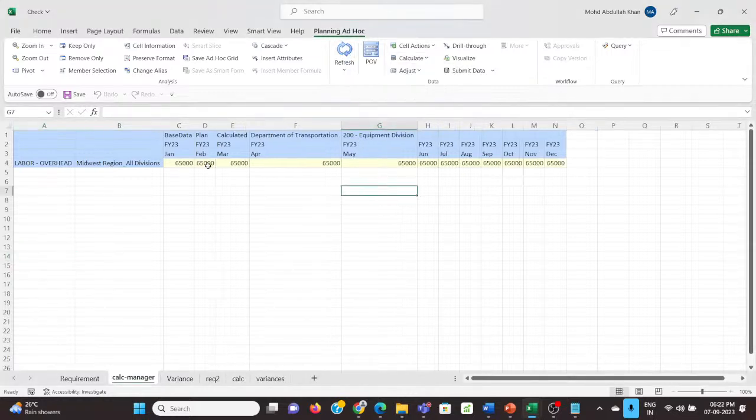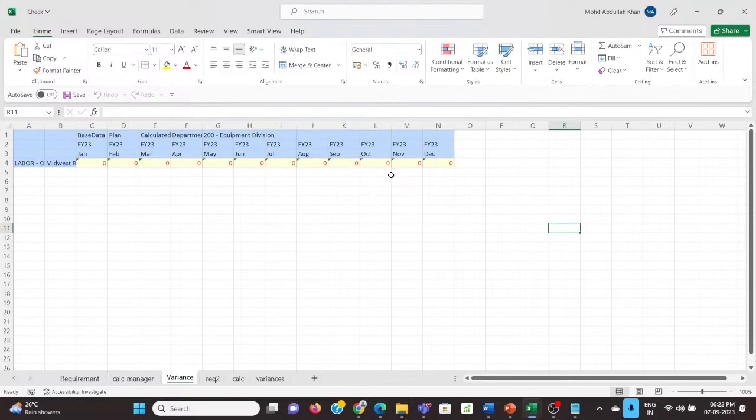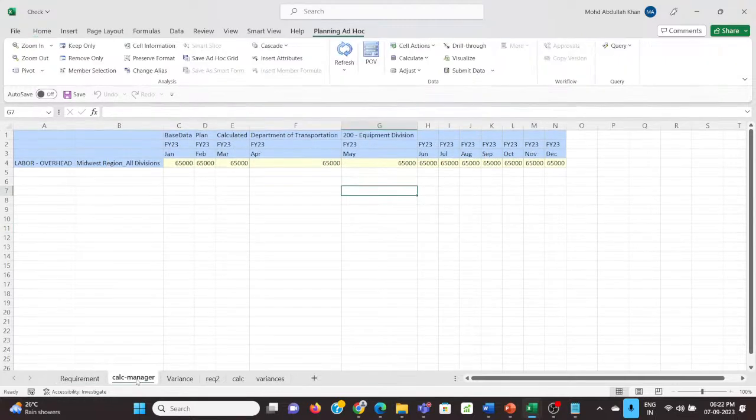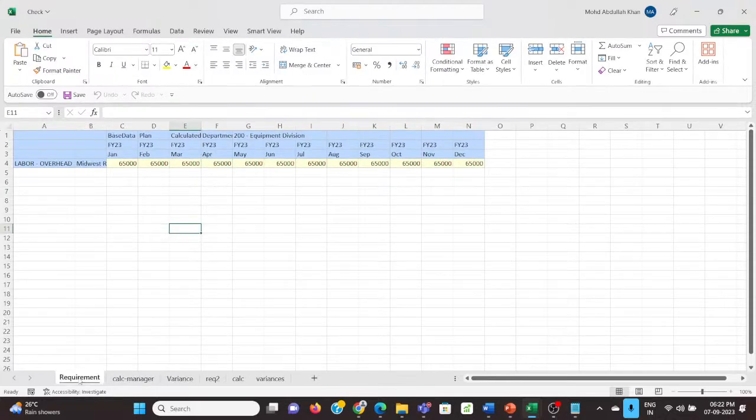Let's check if I have got that or not. See, now click onto the variance, and here we can see that there is a zero difference between my requirement and the answers my business rule created. So here I completed a requirement of trend analysis, and we can also